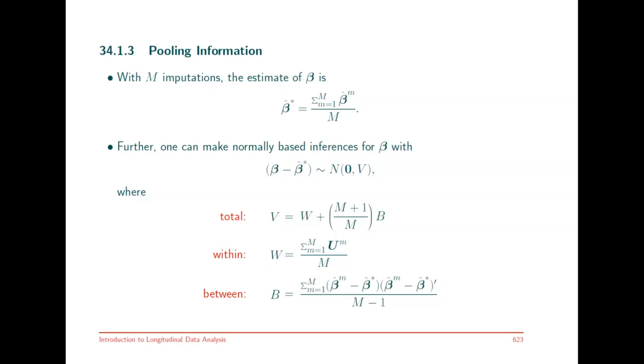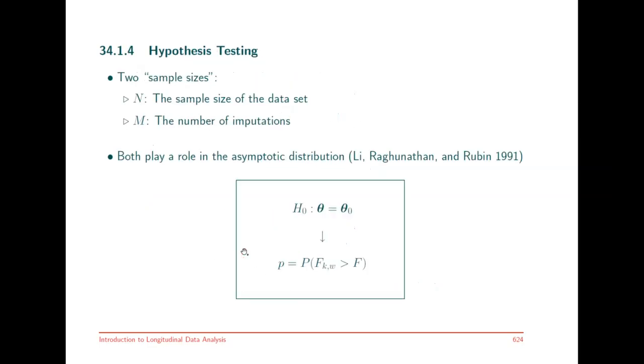And the between variability is actually the additional variability that comes from the fact that your data are incomplete. The information that you are missing increases the uncertainty, and that's captured by the between variability from one imputation to the next. Okay, you can also do hypothesis testing,